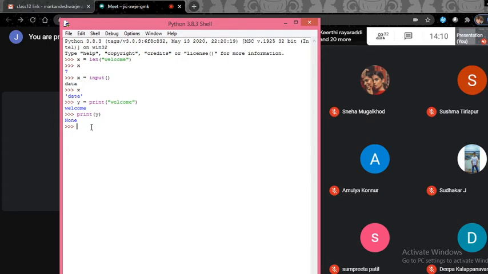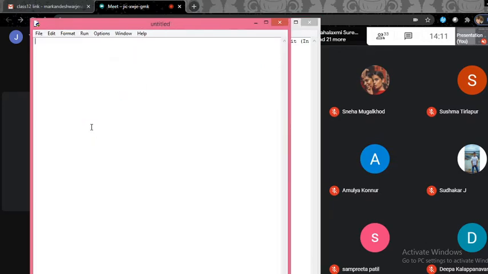Similarly, in our user defined functions we can also use None. We'll see that with an example program now. We'll define one function, and I'll name it just a function. It is not going to take any inputs. I'll write print welcome, then an empty return statement.